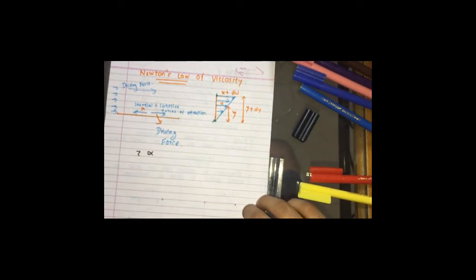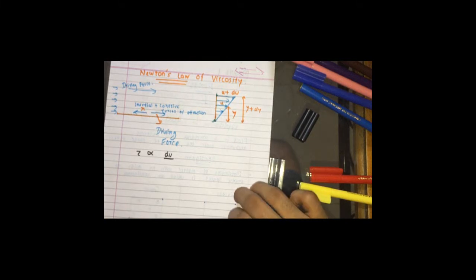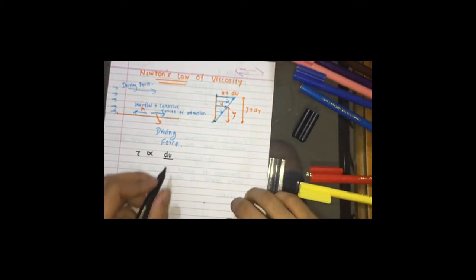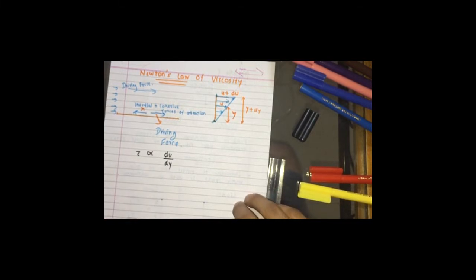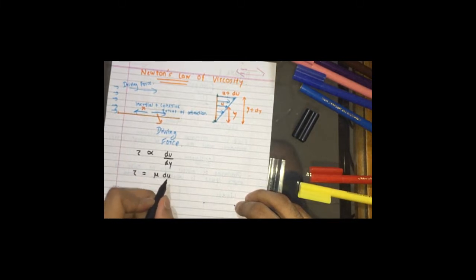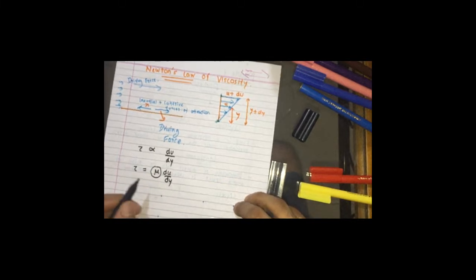The difference in the speed between them would be du, divided by the distance between the two layers, that would be y plus dy minus y, which gives us dy. Now this would be equal to this equation, and this term we got is nothing but